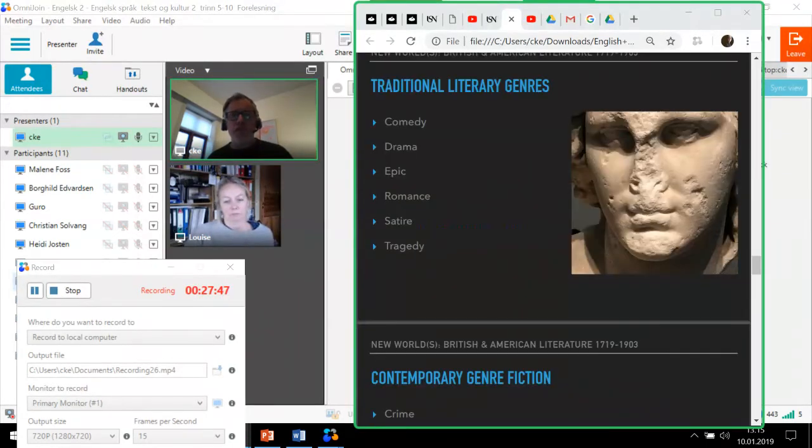So one of the things we will be looking at, and we've talked about formats, and I know some of you doing English 2 with me now, some of you will have done it before, maybe earlier in spring, is that we think about forms and formats, and then we think about genres, and we think about traditional genres, which are, and still, we can still use comedy, drama, the epic, romance, satire, which I guess Gulliver's Travels would have been placed in initially,